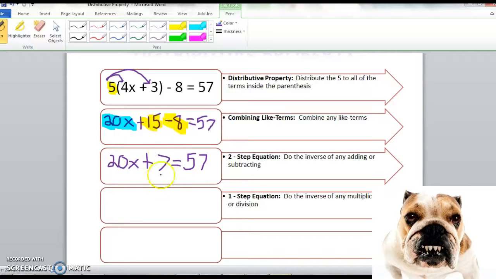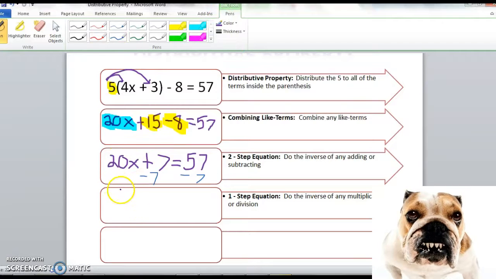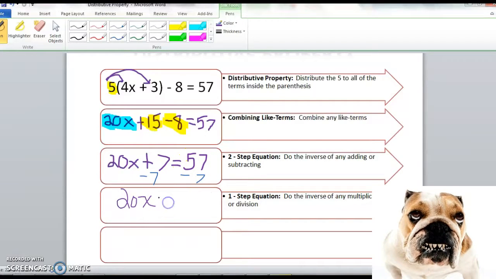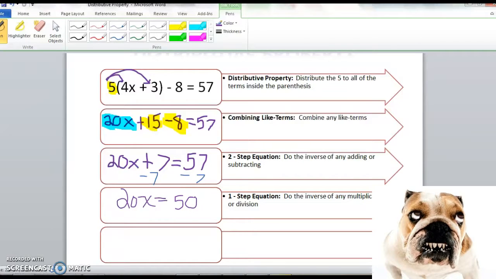Now, I'm going to undo any adding or subtracting. So I'm going to subtract 7 from both sides. I'm going to bring down my 20x. 57 minus 7 is equal to 50. And then the last step in order to solve for x is I'm going to divide both sides by 20 to get the variable x